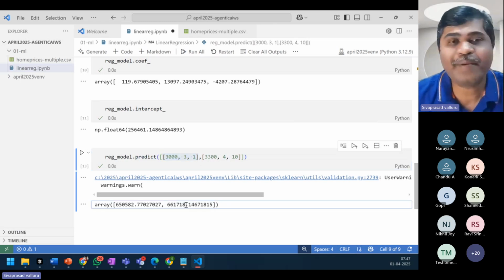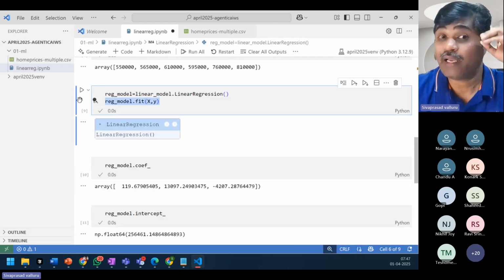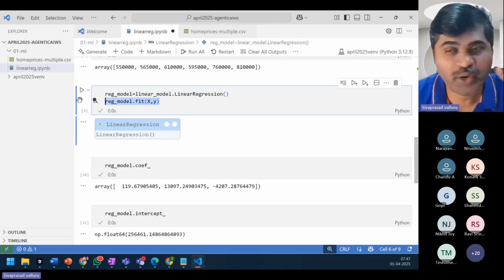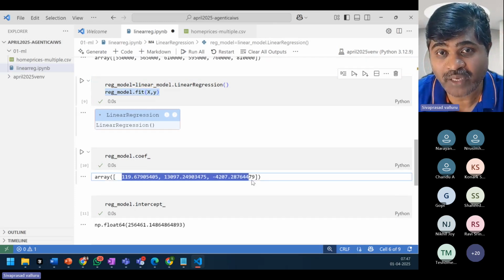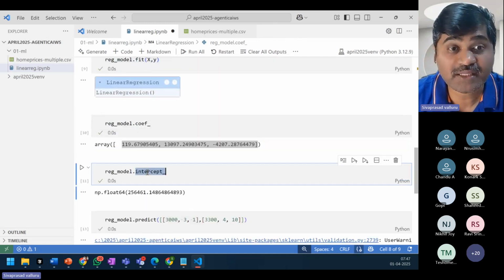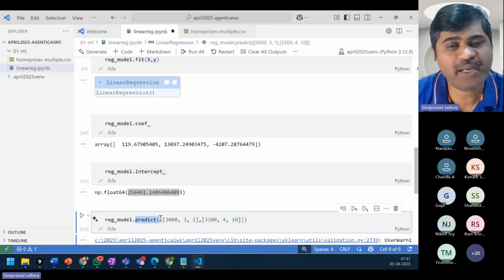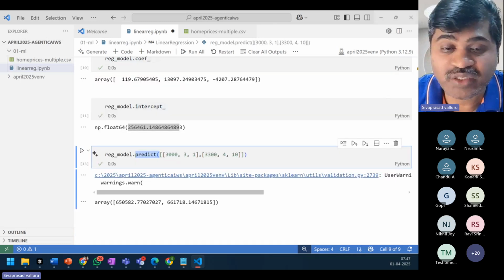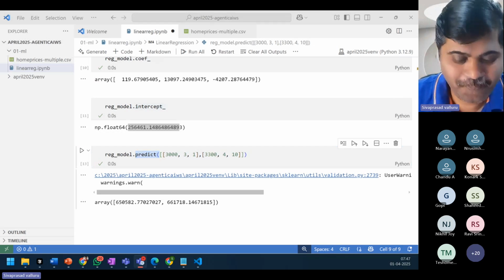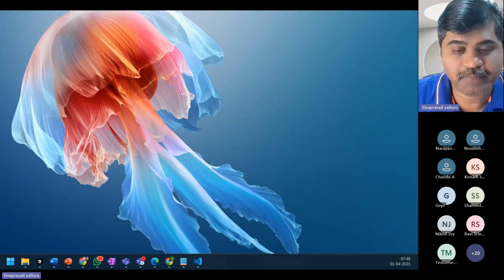That's it. We're able to train the model. Training the model is nothing but calling fit. And during training, I want you to visualize that the weights are calculated. M1, M2, M3 are weights, and the bias is calculated. Once these are ready, we can call predict to predict the prices. So this is an example of the linear regression algorithm. I hope this is clear. Let me know. Today we just understood this. Maybe tomorrow we'll take our next step.